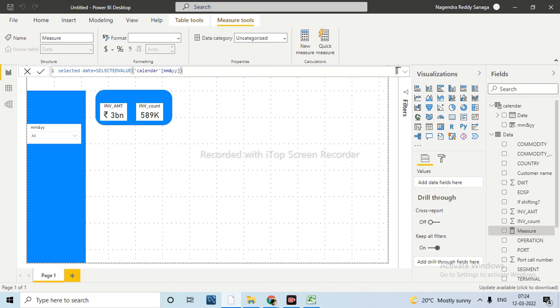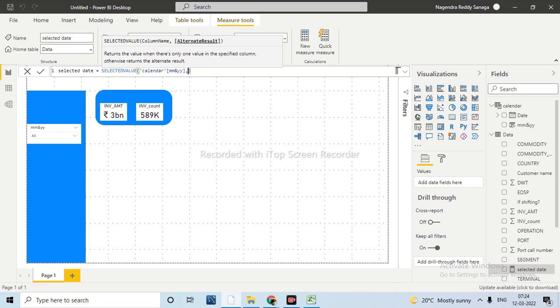Now in this case we haven't selected anything, so it will come as the existing one. For now I am taking the alternate result also, that in such cases we need to show all months. Whenever we haven't selected anything, it will come as all months.